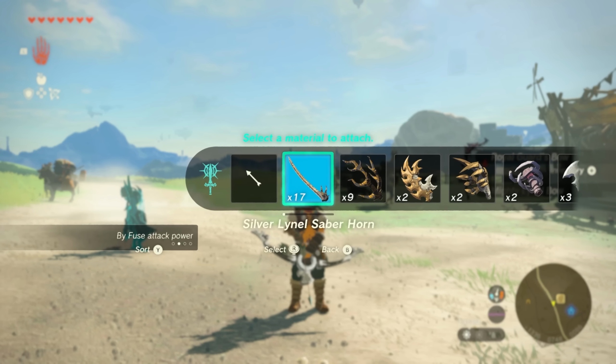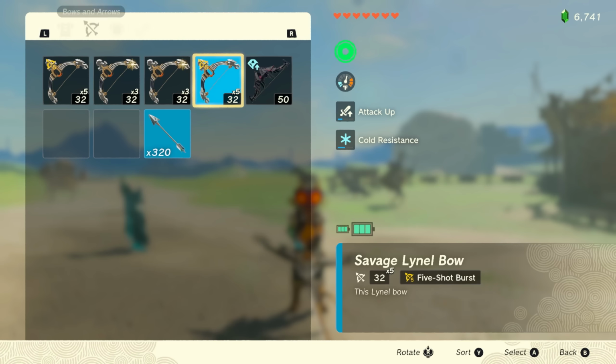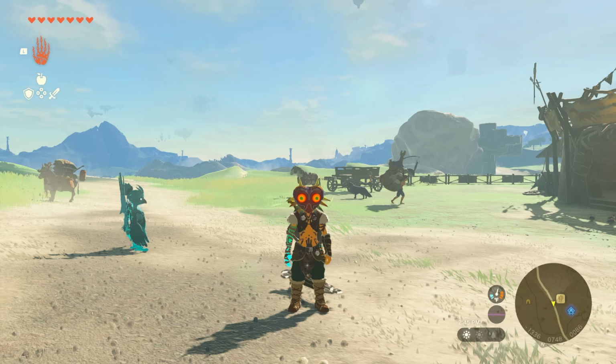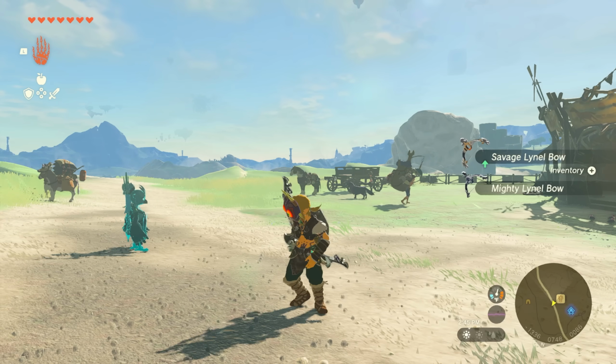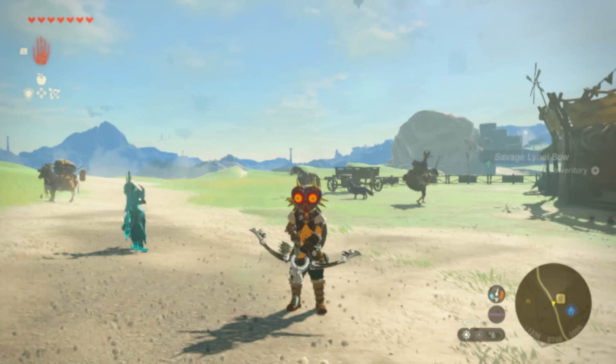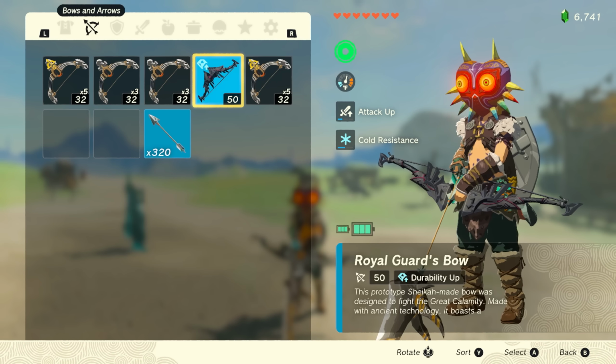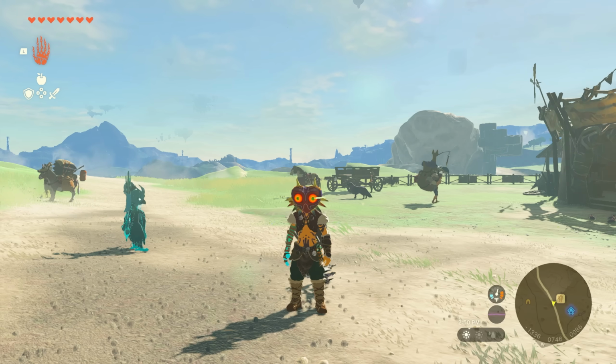Now, the first method is much faster but requires a bit of getting used to before you nail it down. If you did not see this yet, this involves fusing the most expensive and rare mats to your arrows and then dropping the bows on the ground to basically duplicate them. It sounds a bit reductive, but I'll guide you through the whole process, which now only involves one step instead